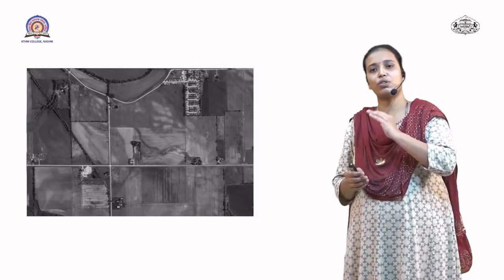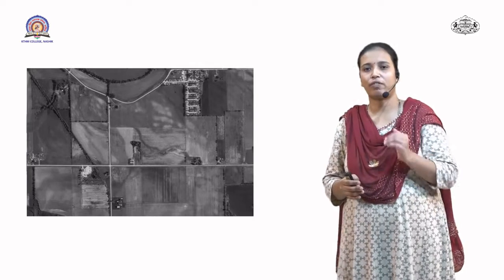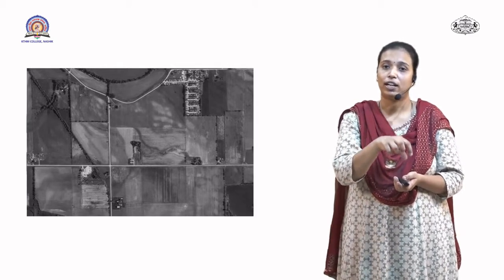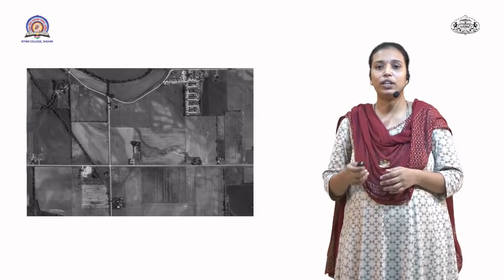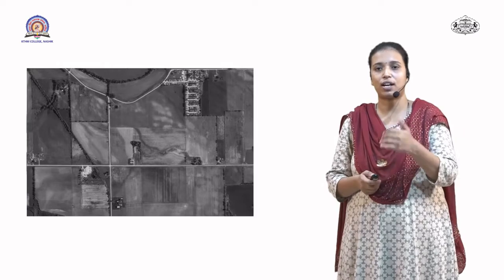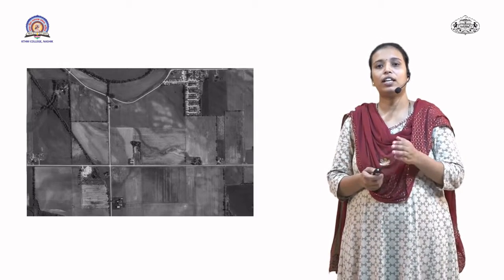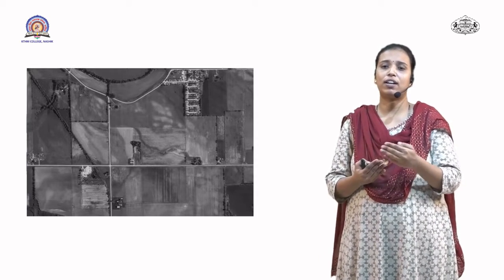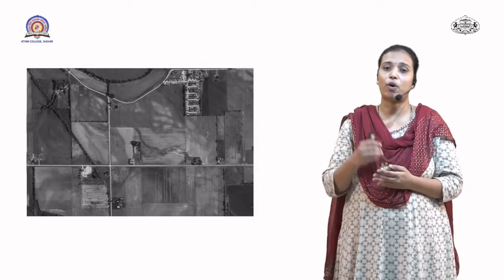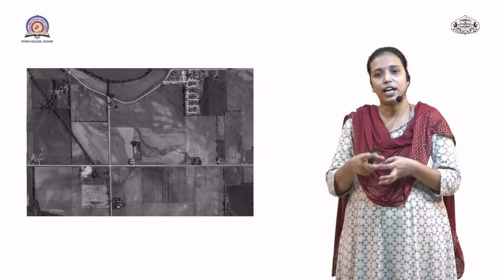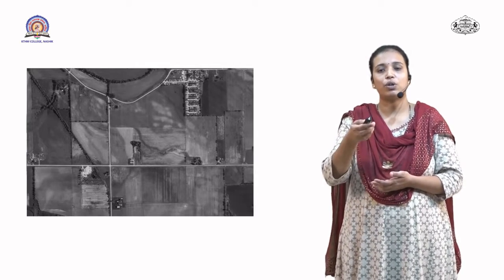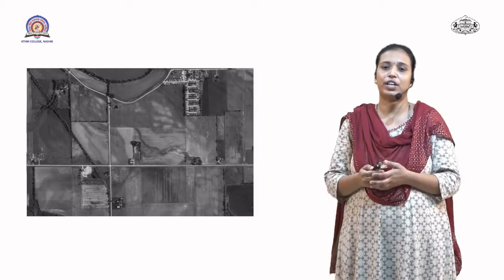Like near the seashores in water bodies, you can see a light tone of color, but as you go into the deep oceans, you can see that the color goes dark, the tone becomes very dark of that ocean. Similarly, if you are studying trees or grasslands and forest, if you are differentiating them, the grasslands have the grasses in very sparse form, so you can see that the color is very light, but as you go into the forest area, the area becomes very dense due to the vegetation, which shows the very dark tone of vegetation. So this tone is used to differentiate the object.